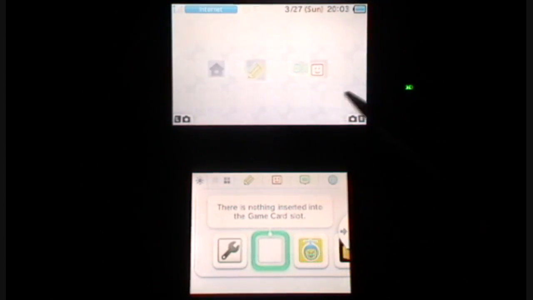Obviously you've got your icons here. There's a different icon for each application or game that you start up. This is normally where the game would be, but I don't have a game in there right now. So it just shows a couple little features. So up on this right hand top corner, you've got your battery bar basically,